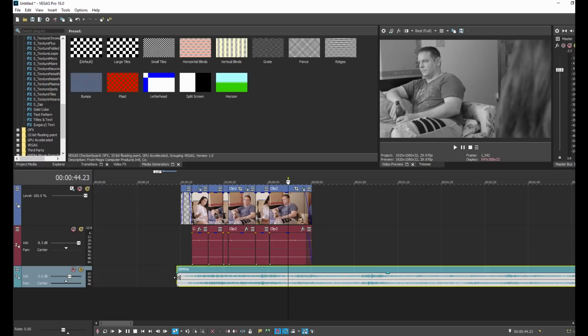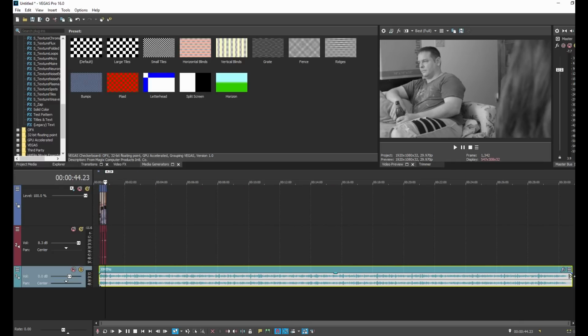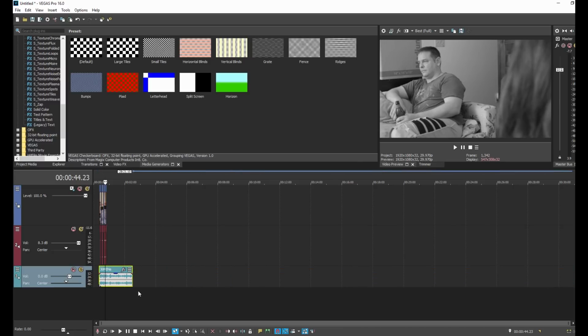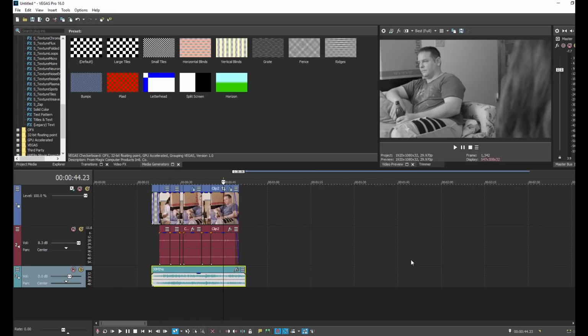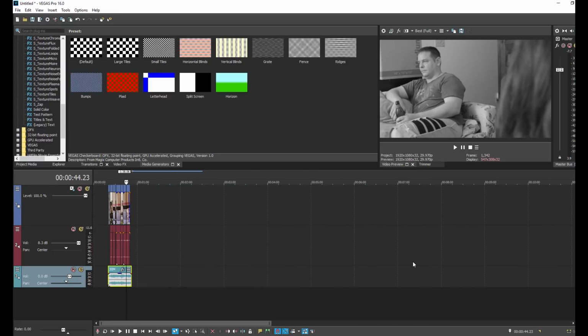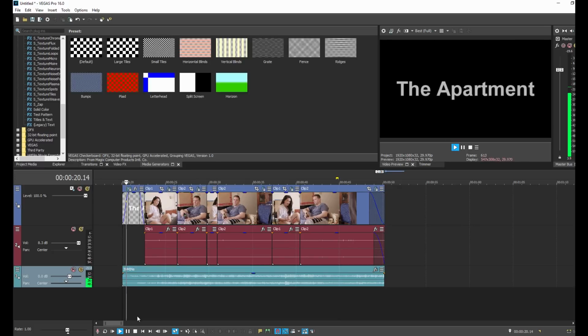So let's say I want to have some music in there. I'll just come in here and I can trim this all the way down just like that. Keep trimming, and I'm using the scroll wheel to resize. If I turn the scroll wheel on the mouse, it can resize my image. So then I have music there. So now if I hit play,